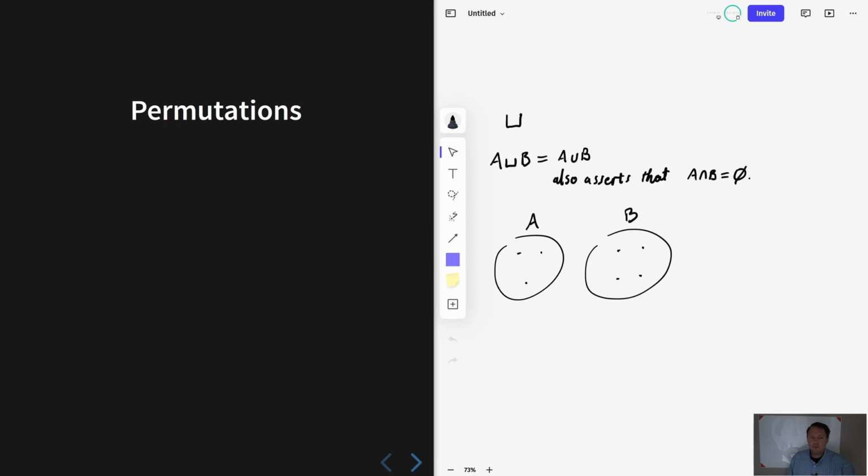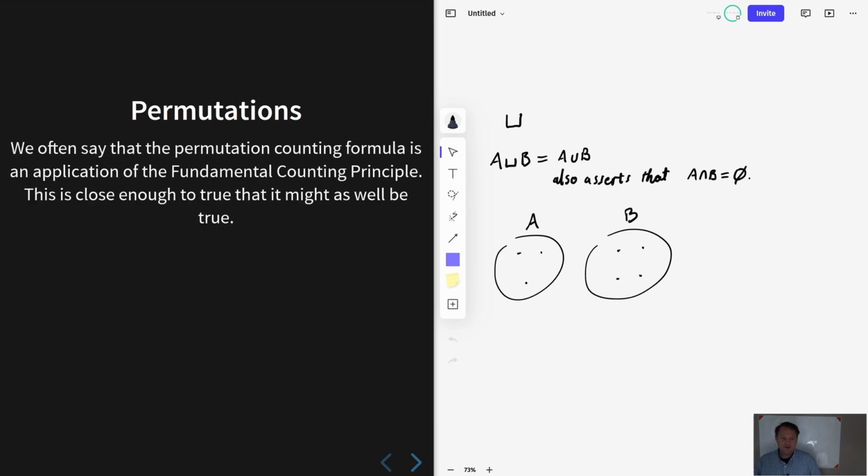A brief word about permutations that the textbook does not bring up. And this is not an important thing, so if this is a kind of nitpicky technical point that you don't care about, then you can feel free to skip this part of the video. But I did want to point out, this is at least the kind of thing that I like to try to make sure that I understand all the details of everything as much as I can. And so often